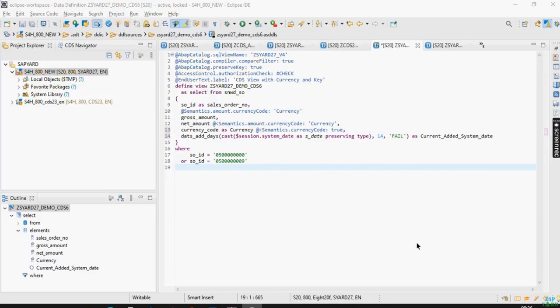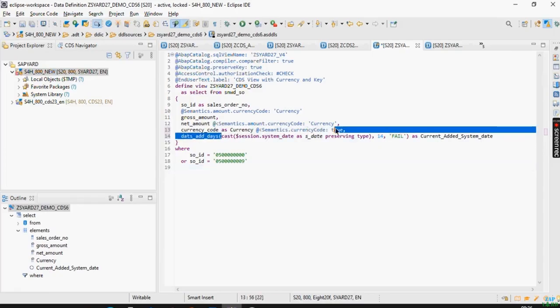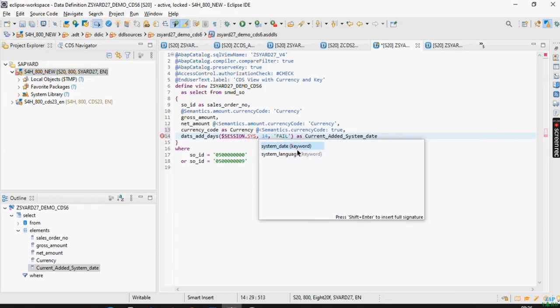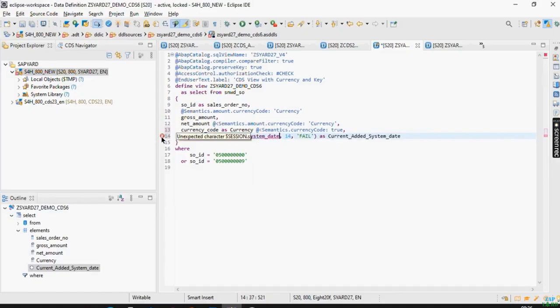Kiran, system date is already having that, but it is giving error. Error as in, I did not get you. It is giving error because in the dates add days, in this parameter 1. I'll just show you once again. Wait, let me cut this same. And if I just specify $session dot system_date, just focus on this error at